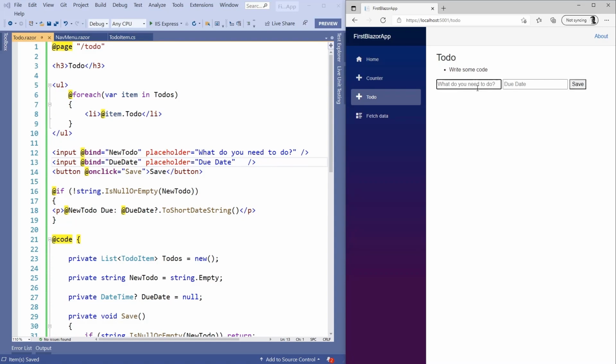And I can add learn about Blazor. Okay, and it just builds out a very simple to-do list. Now, I've added another section here that will actually reflect the information for the to-do about to be created below the save button. So as I type in information here,